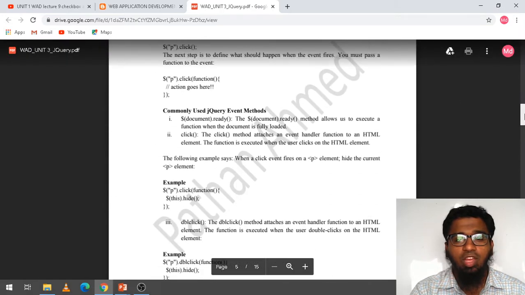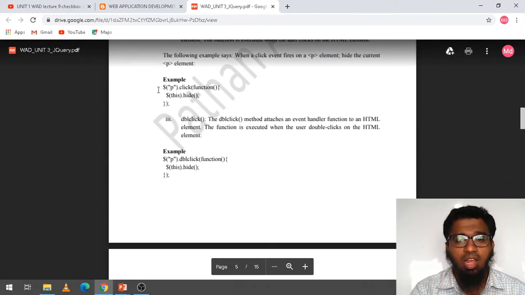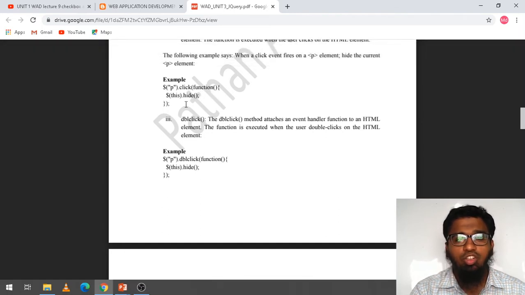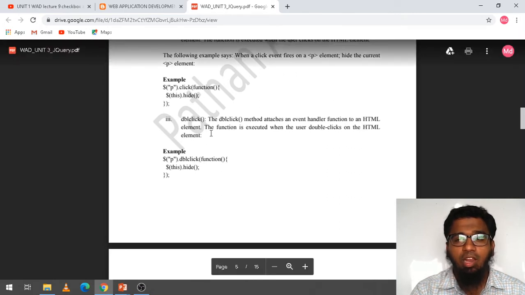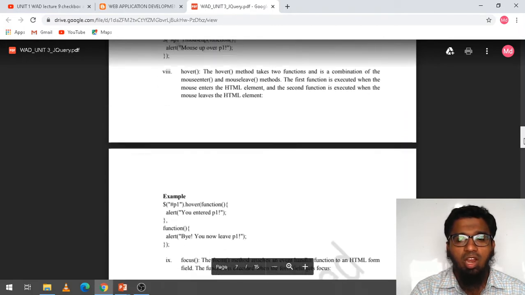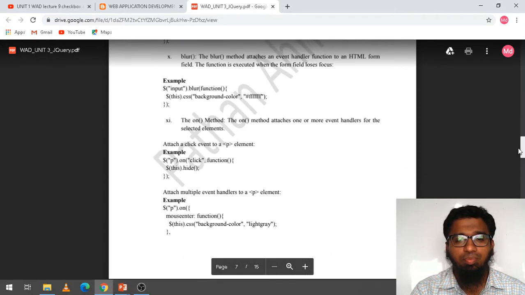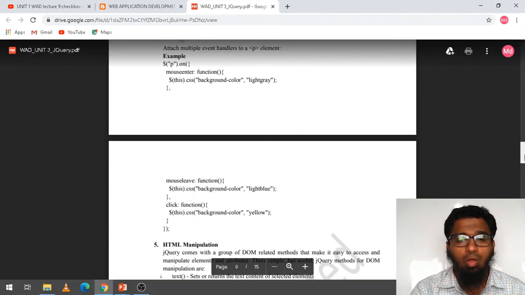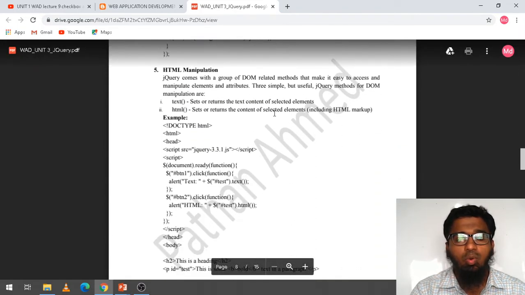We saw some examples, like $(p).click function, this.hide, and double click. So in the previous lecture we saw all these 11 points, and today our topic is the fifth one, that is HTML manipulation.